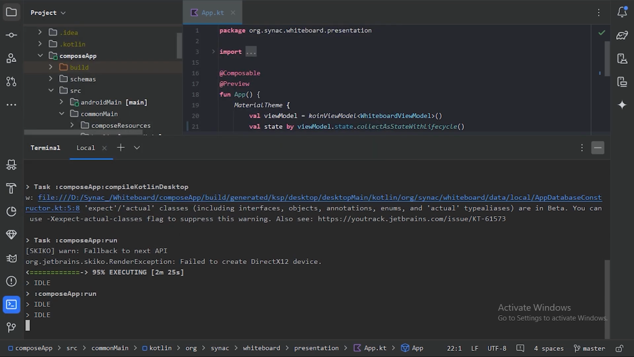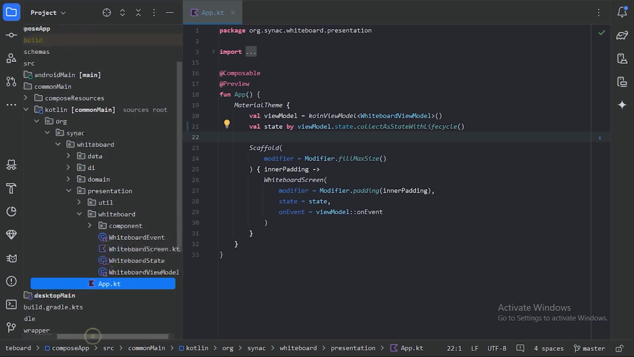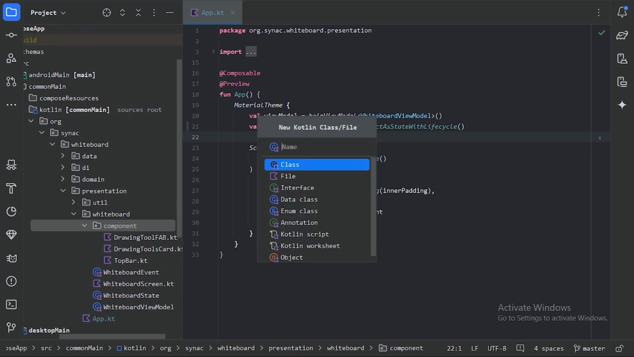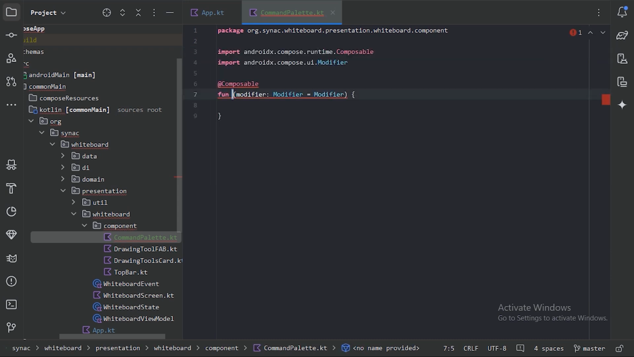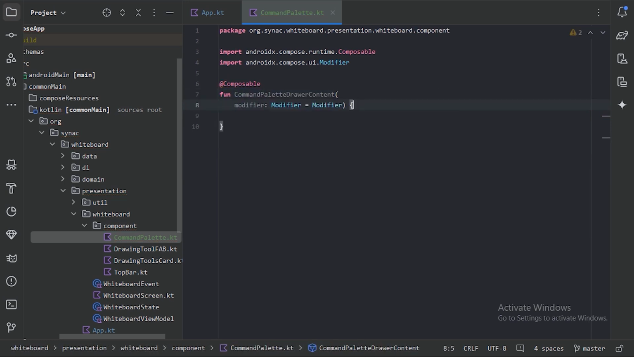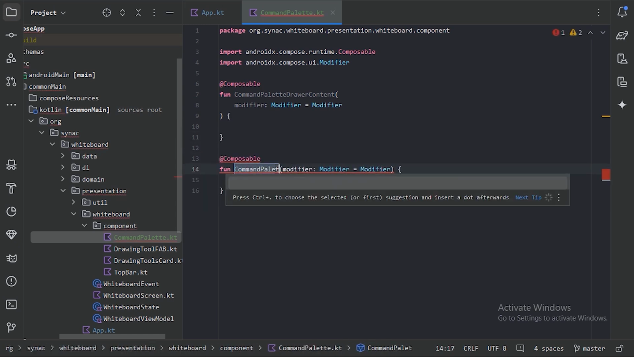Now let's minimize all this and go to this presentation and whiteboard package, and in the component package let's create a new file with the name command palette. Since we are going to implement this command palette differently on different platforms, let's create two functions. First this command palette drawer content, and next this command palette card,